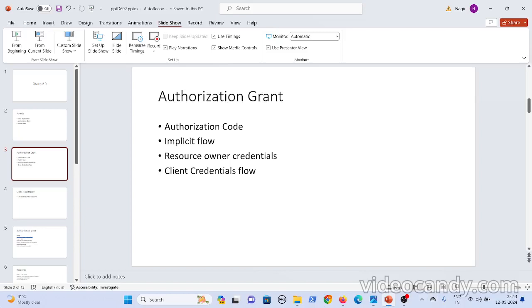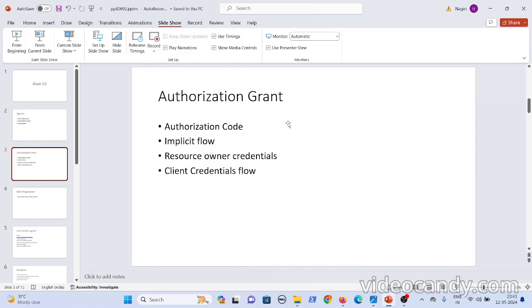Hello all. In the previous videos, we spoke about the authorization code flow. As I have already mentioned, there are four types of authorization grants, out of which we have discussed the authorization code flow. The client requests an authorization code from the authorization server, and then it passes the authorization code to the authorization server to get an access token.